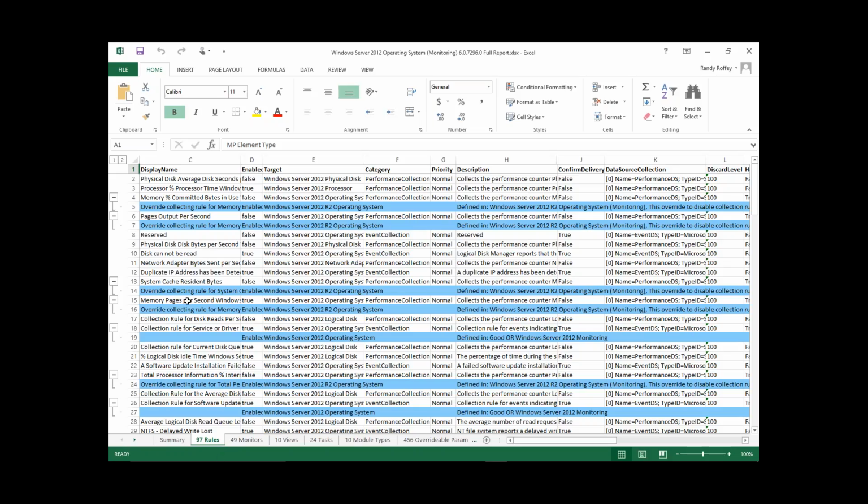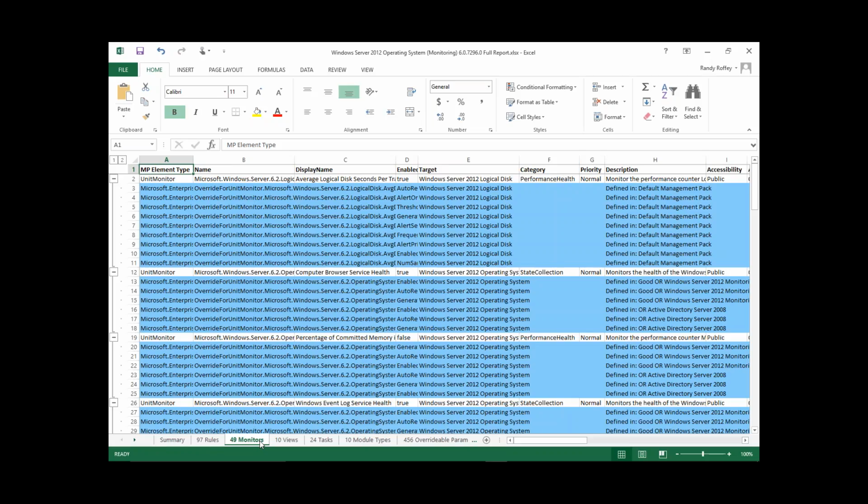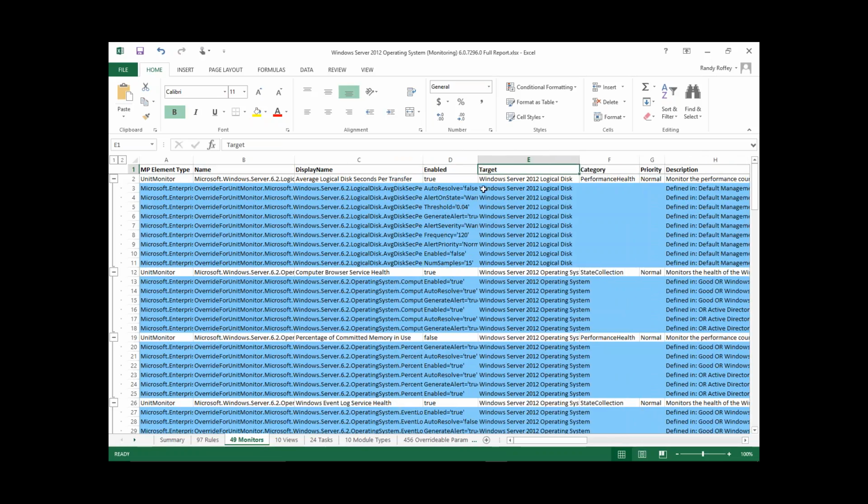In row 5, we can see the override for the memory percent committed bytes in use. And if we just expand that a little bit, we can see, for example, the enable status is set to false. So not only are you getting the rules in this report, you're also able to see what overrides have been created. Same holds true for monitors. So here we're looking at the monitors. All that shaded blue part represents the overrides that have been created for this particular management pack. So very detailed